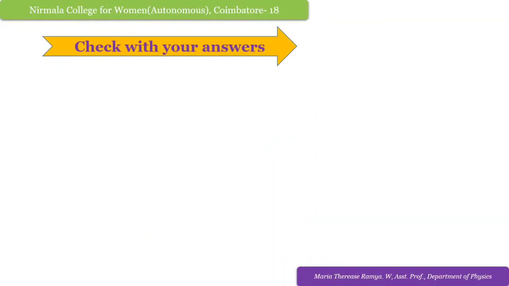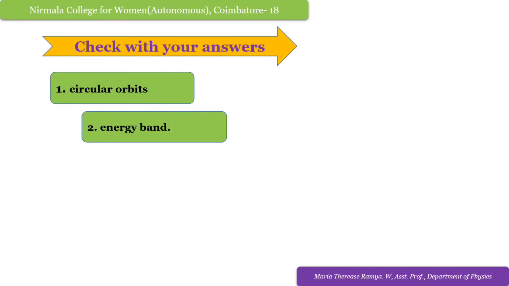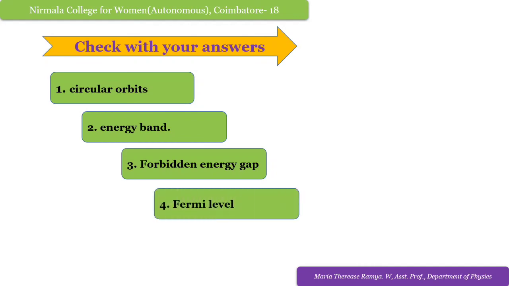The answers are, check with your answers. First one, it is circular orbits. Second one is the energy band. And the third one is the forbidden energy gap. And the fourth one is the Fermi level. And the final fifth one is